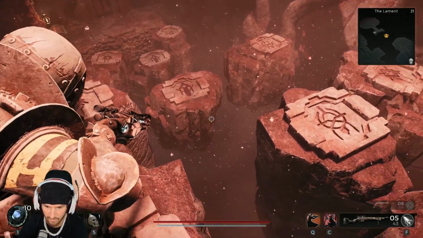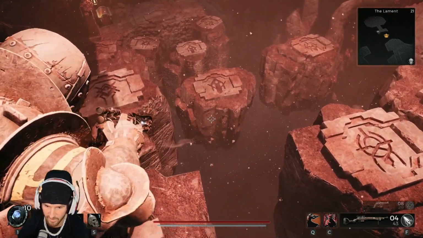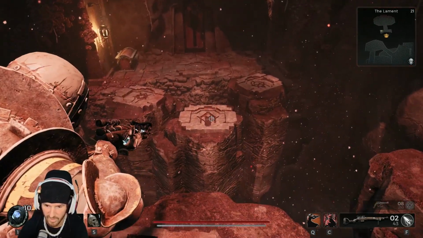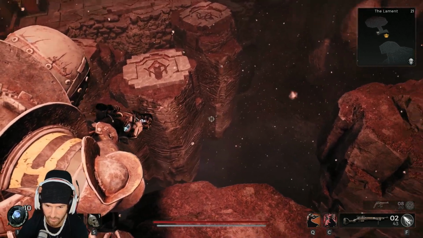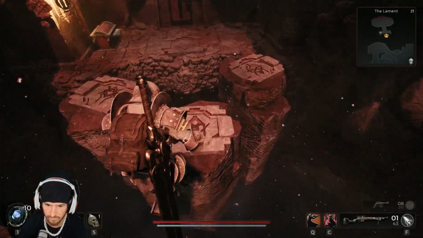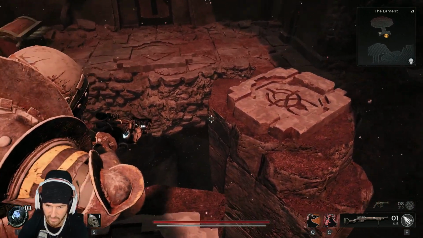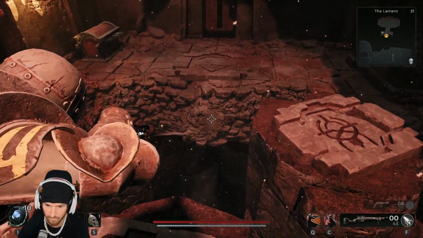This guy down here. I don't know if this is randomized or not, but this is my path. This guy right here. Again, red reticle. And then straight over here. Again, you can see right there. Boom. You can also...